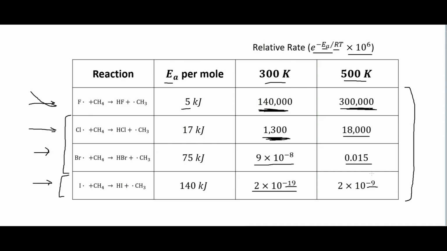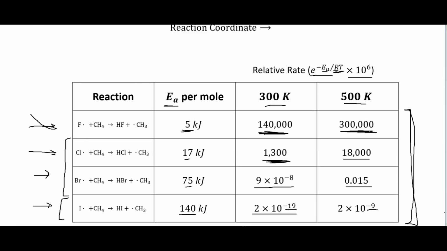And so that is just looking at the relative rates as a function of these activation energies. So this has 5 kilojoules, this goes up to 17, then 75, then 140 kilojoules as our activation energy for each of these. And we can see the effect that has on the relative rates. Then we are also changing this temperature here. And so between these two, we can see what effect the temperature has on the relative rates there, where this R here and this E here are just constants. So we can't really adjust those. But anyway, that is the